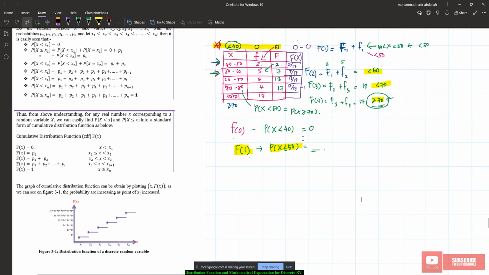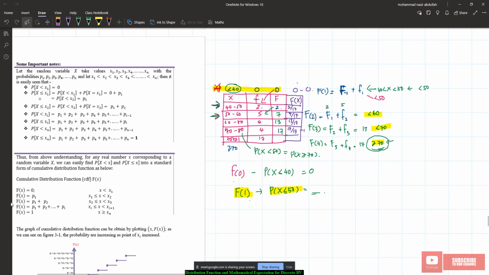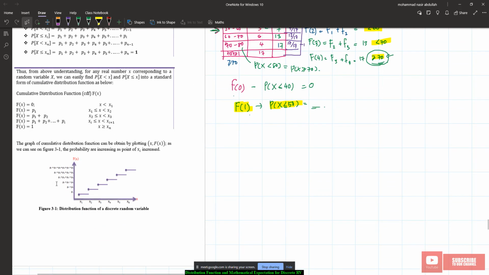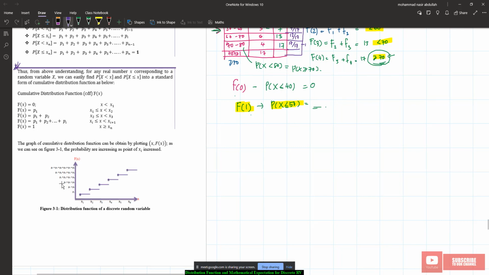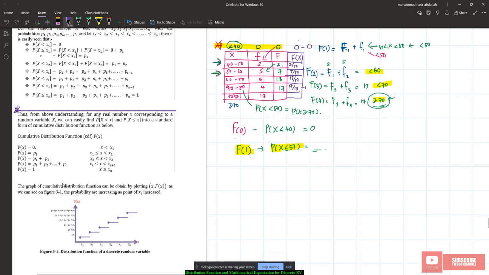Nampak? So, benda yang sama, I ulang. I just nak tunjuk this one. I just want to explain this concept. Since we already understand the concept of cumulative frequency table, so to display the cumulative distribution function,